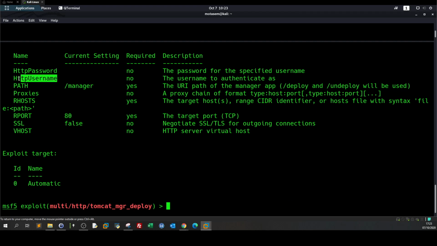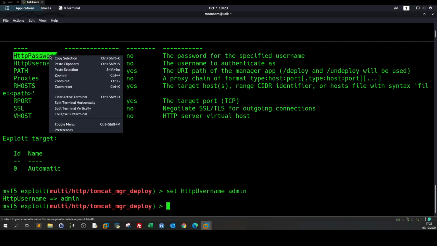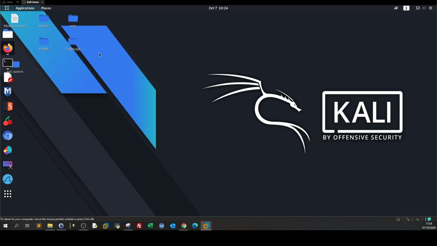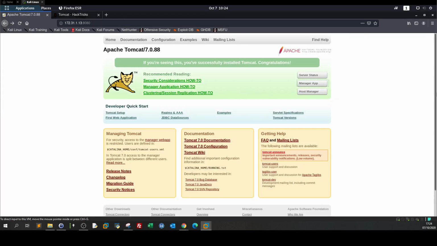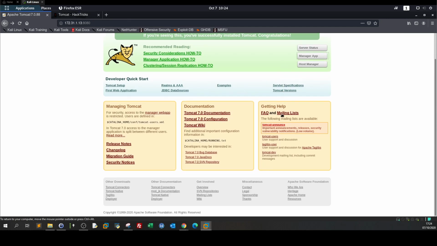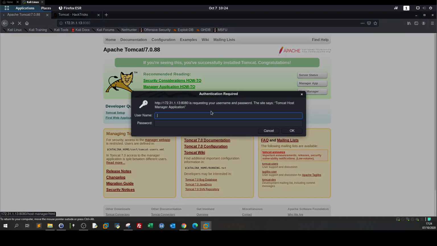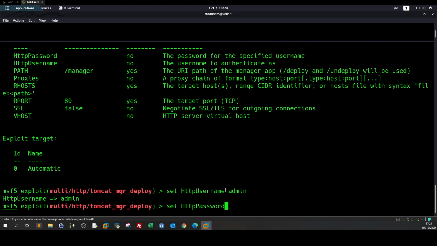Let's set the username. Set admin, and the password, set. And here I don't know the password, it's something like, let me go back. There's a logout button here. Nope. Host manager. Cancel. So here's the password. We take that, go back,